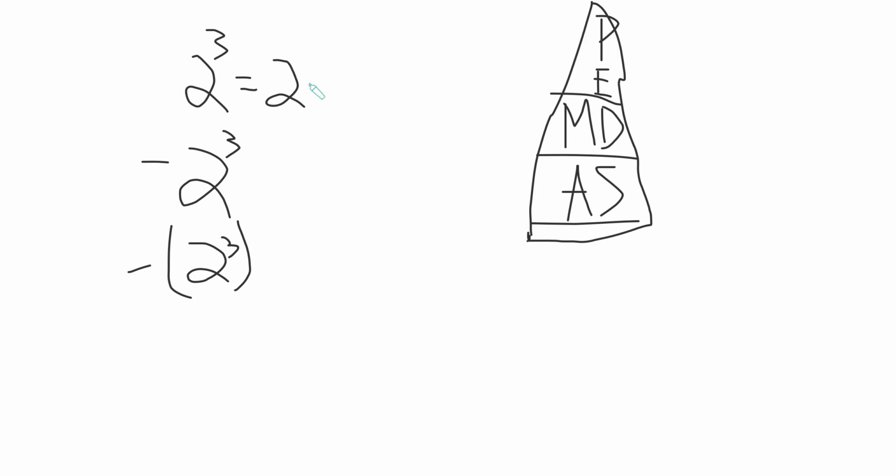But let's try a few. So let's do negative 2 cubed and negative 2 cubed. So 2 cubed, you might want to expand it until you get really, really good where you never make a mistake. And so expanding it to 2 times 2 times 2, because that's essentially what it is, right? It's just 2 cubed. So that's 8. Right? So then you don't make the mistake of doing 2 times 3,